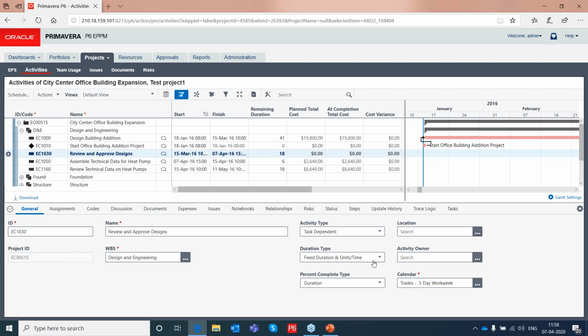For that, you can use this duration type also, right? So you can control your resource utilization in the project and the project in total based on the resource assigned using all these options, right?